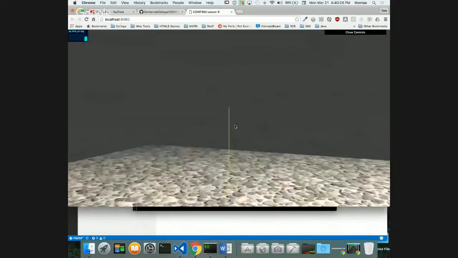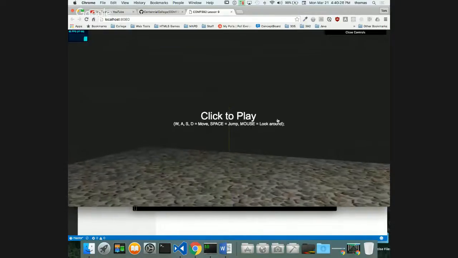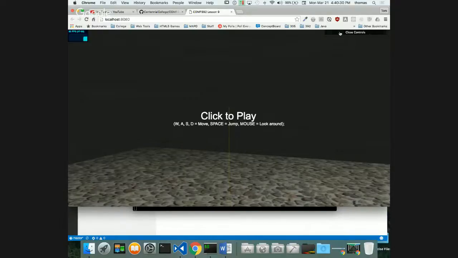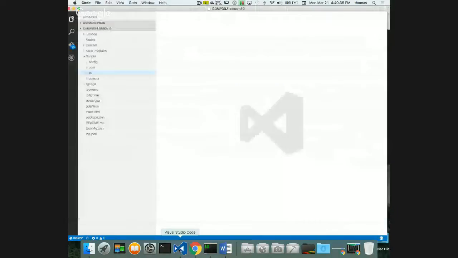And the other thing that we have a problem with is there's no scoreboard, right? Here's a couple of things. Do I really need these controls up here? The answer is no, so I'm going to get rid of them. So in this version, again, we're just revamping our template. I'm going to go into scripts, core,